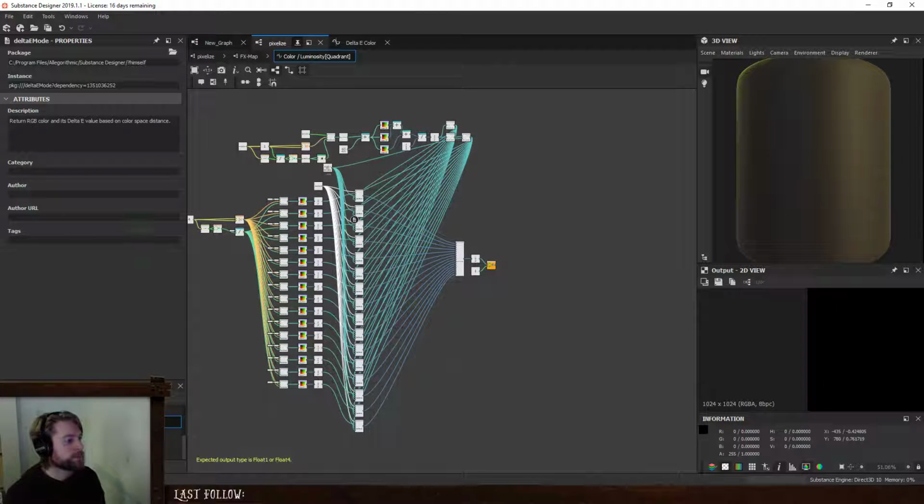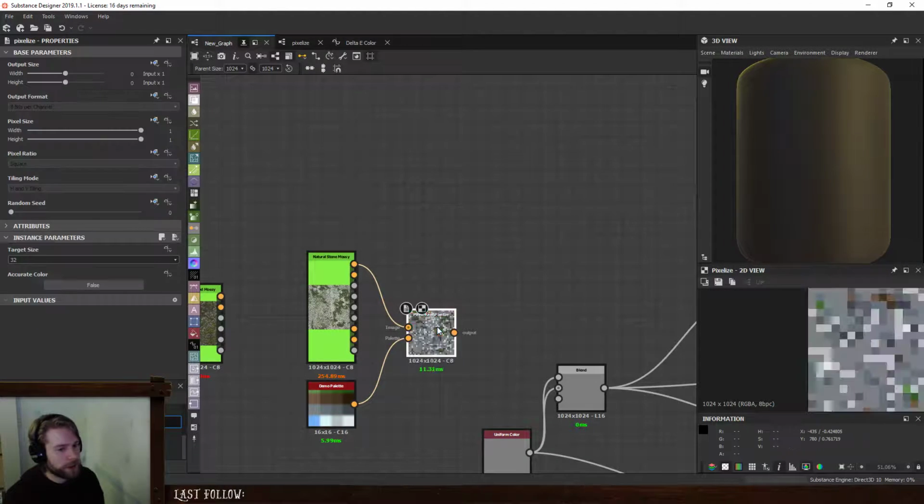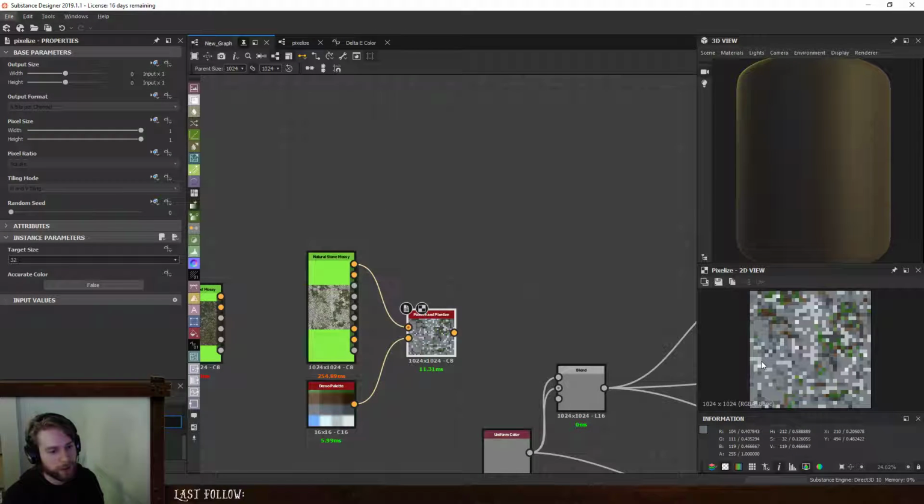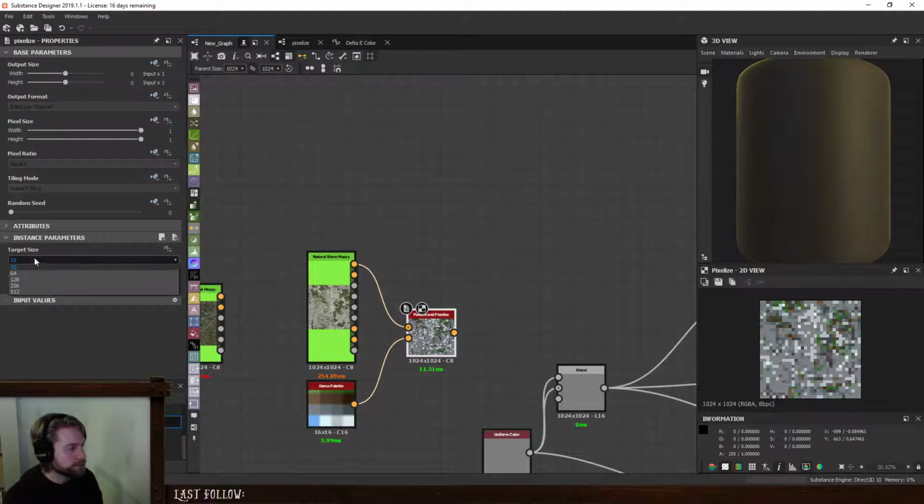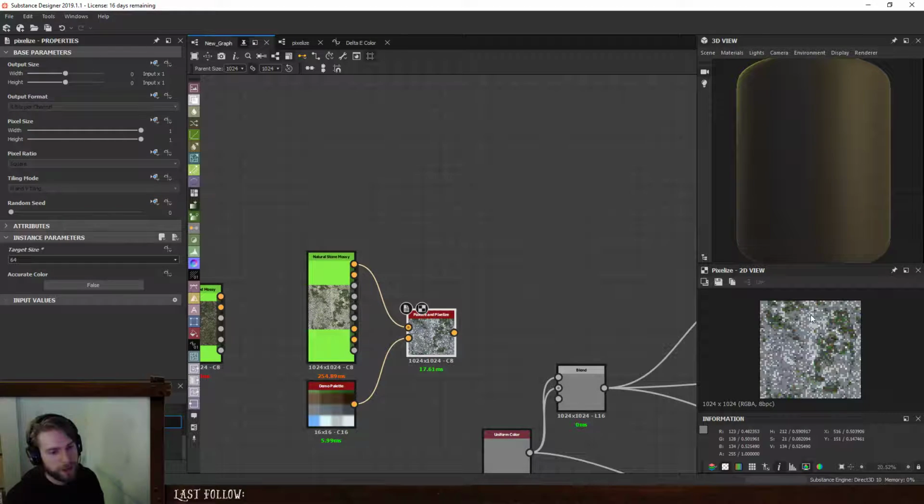Alright, so then I pop back over here and, oh yes, okay, still works. Yay! Okay, and then we change our color. Yay! Okay, so